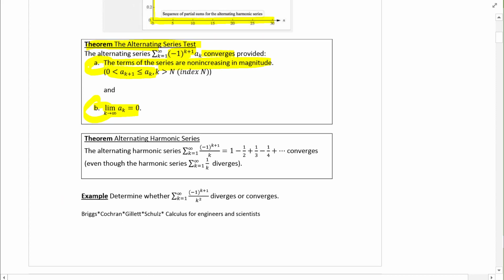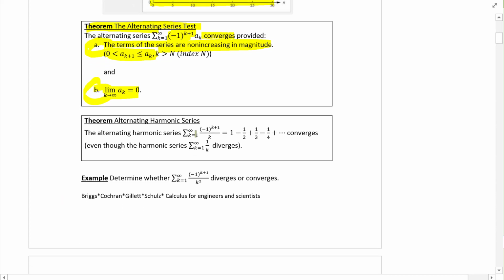The alternating harmonic series shows up in many applications, so it has its own name. The sum as k equals 1 to infinity of (-1)^(k+1) over k, exactly these terms, converges, even though the harmonic series, the sum as k equals 1 to infinity of 1 over k, diverges. So the very first example that we have is determine whether